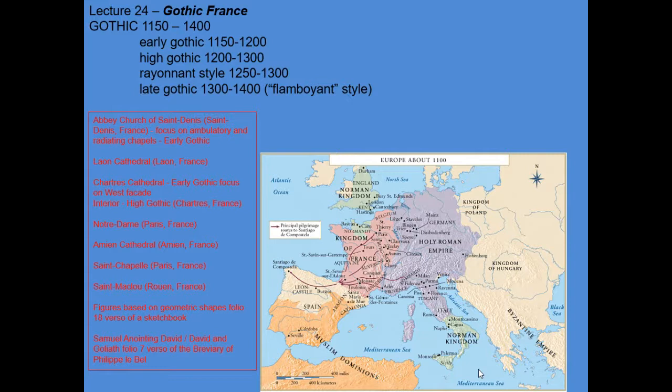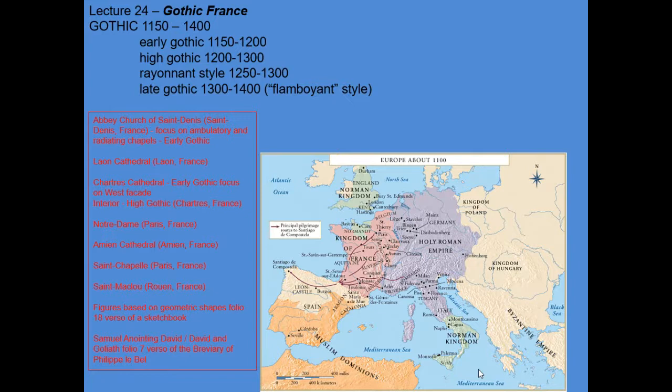So remember that the Kingdom of France at one time had been the heart of the Holy Roman Empire under Charlemagne, and that territory had reduced and reduced and reduced under Otto and his successors until the current timeline that we're in right now. The Romanesque era was the first major architectural flowering in Western Europe that we studied, and we're now looking at